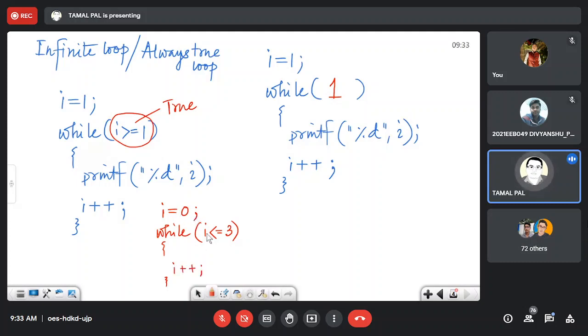So I equal to 0, 0 less than equal to 3, it is true, and it enters. I becomes 1, then 2, then 3, then after some time it will be 4. 4 less than equal to 3 will be false, so it will never print up to infinity.